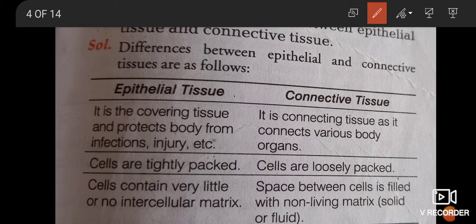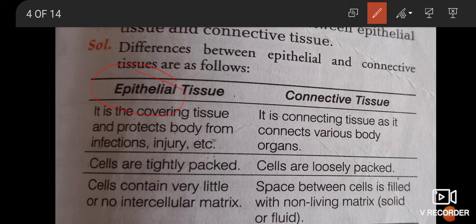damages, etc. So the very first point is that epithelial tissue, that is epi means up and thelia means surface, as it is present over the upper surface, either the upper surface of the overall body or the upper part of the different organs which are present inside the body. So the main function of this epithelial tissue is protection. Protection from what? Protection of the particular body from either infections or injuries, etc.